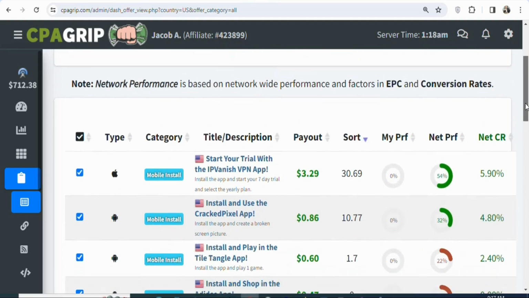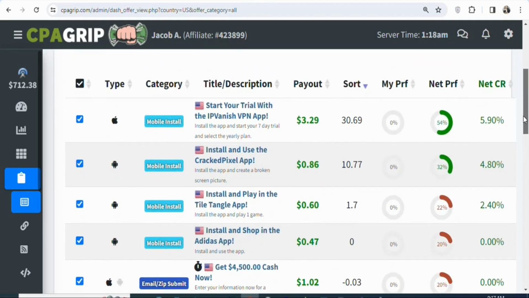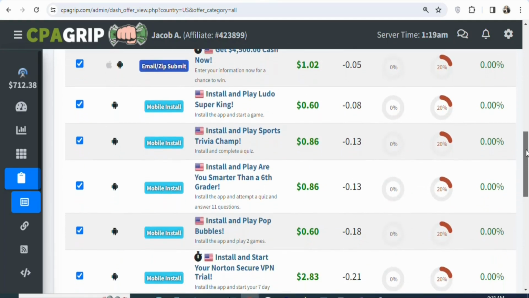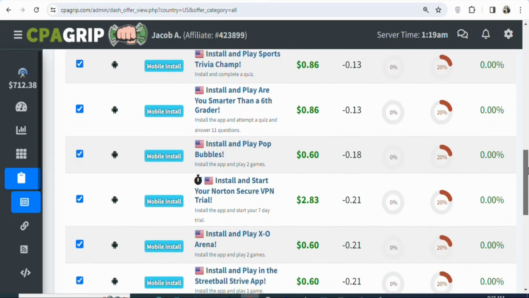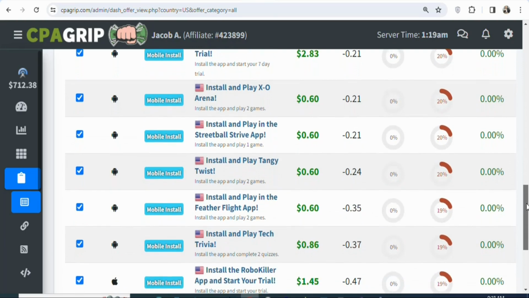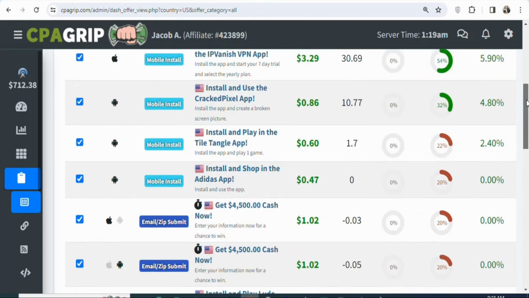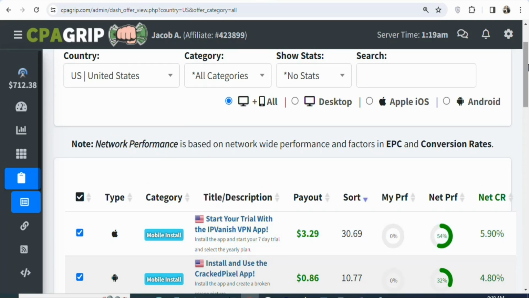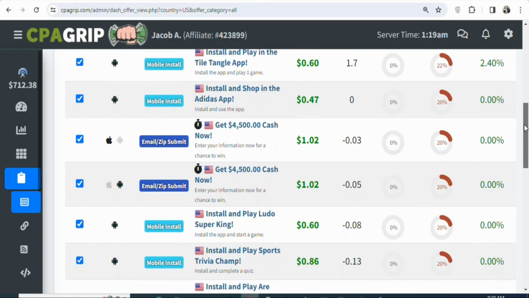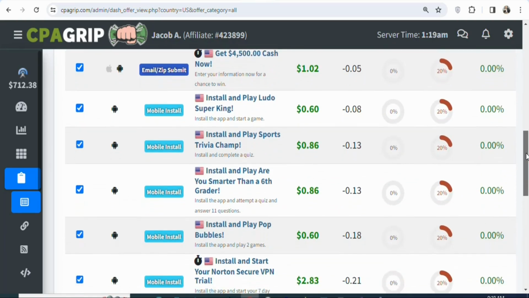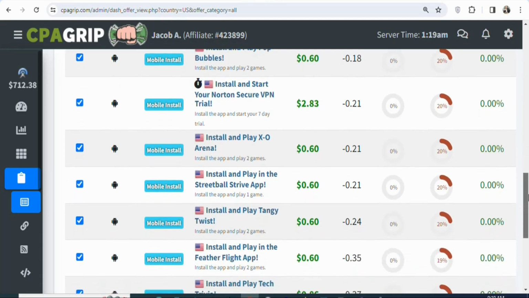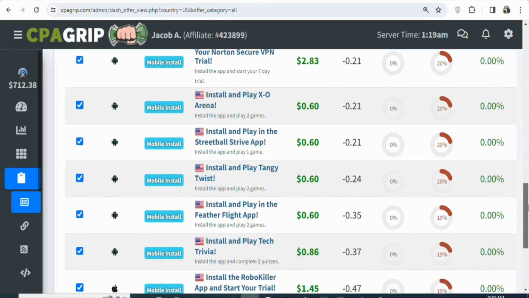But CPA offers are geo-specific, so you have to check the country where the offer is allowed to be promoted before you promote it. You can't promote CPA offers to anywhere that you want. Each of the offers has a specific location where it is allowed to be promoted, so you have to check the location where the offer is allowed before you promote it. You can see a whole lot of different offers. When you look at the flag, you can see United States. It means the offers are allowed to be promoted to people who live in the United States. So any of these offers that you select, you must promote it to people who live in the United States. If you promote it to people who live in a different country, once they click on your link, they are not going to get access to this same offer. So make sure you always check the location where the offer is allowed before you promote it.